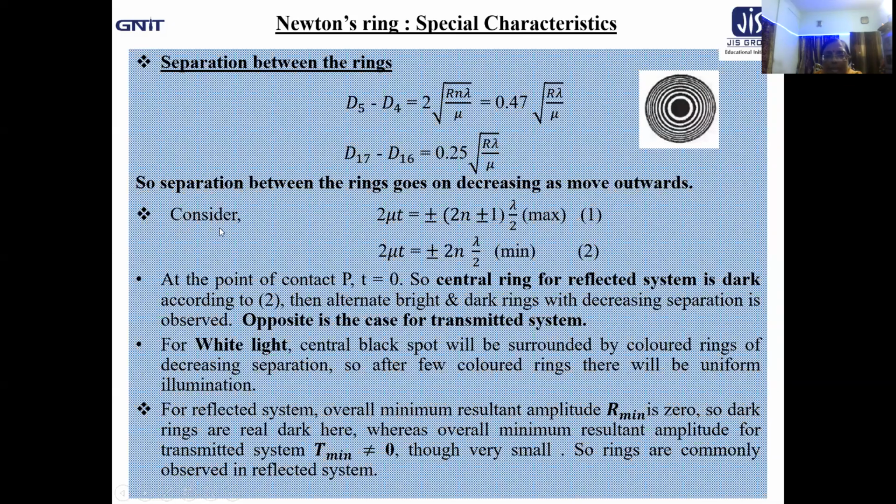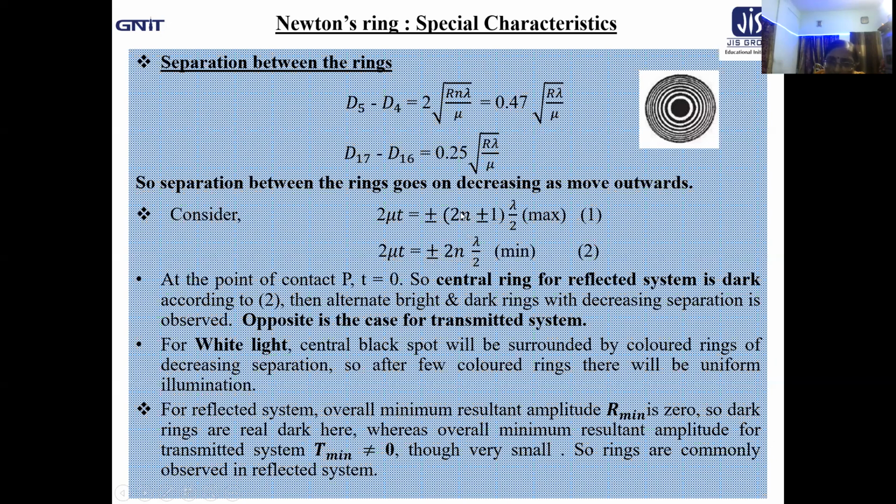Another part, let us take a look. So these two conditions in the reflected system, already we have seen the condition of maximum and condition of minimum in terms of path difference. Now, at the point of contact between the lens and the glass plate, we know T equal to 0. That means ideally there must be perfect contact. So, if you consider both the conditions, you will find the left hand side to be 0. But these are equations. So you have to choose the right hand side out of these two, which one will satisfy the left hand side.